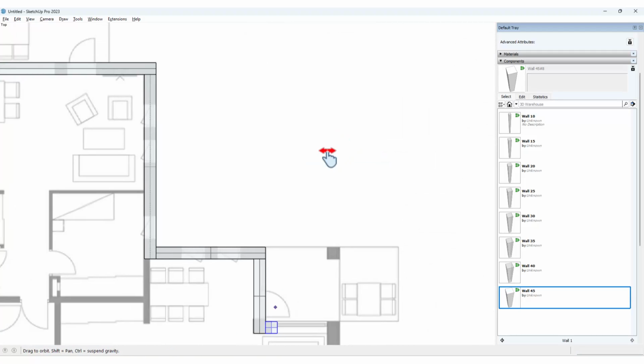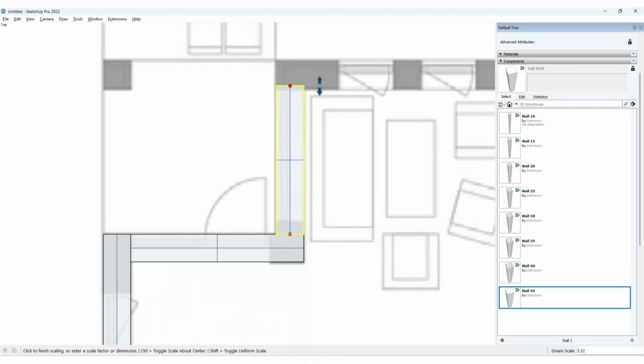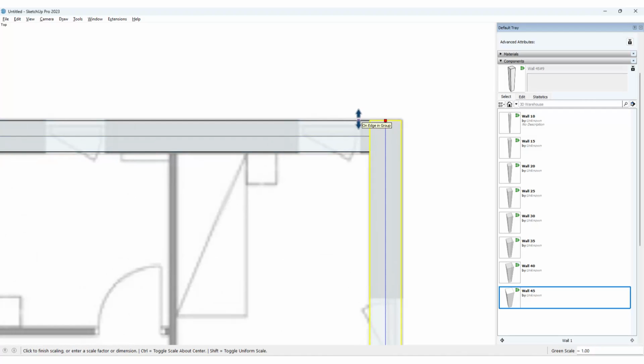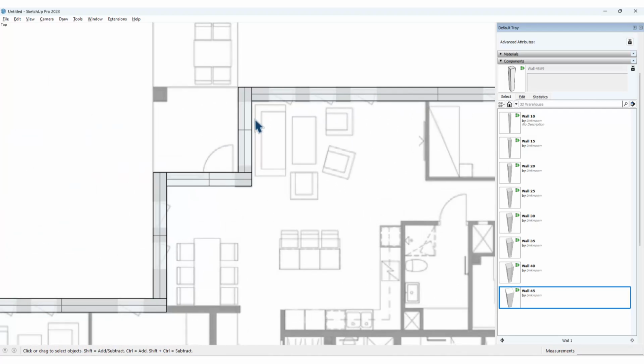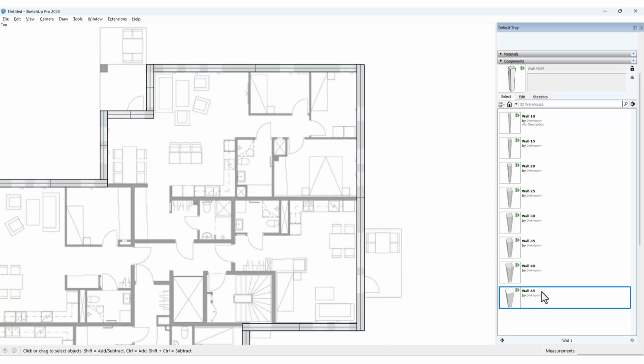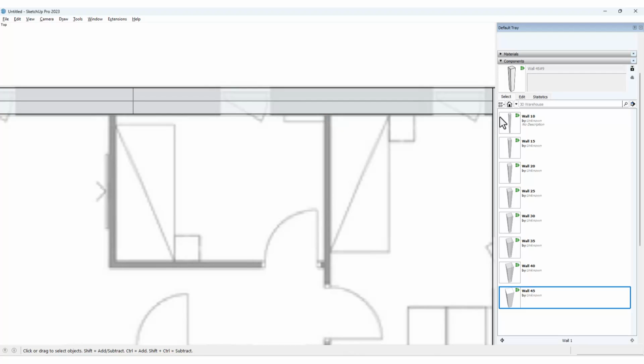Don't bother yourself with the windows or the doors. These elements don't matter right now. We just want to create the walls, and after we've created the walls, we can create those windows easily. So okay, now that we have created the 45 centimeter walls,